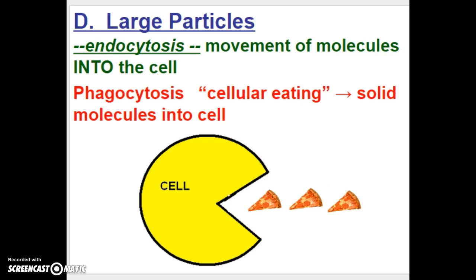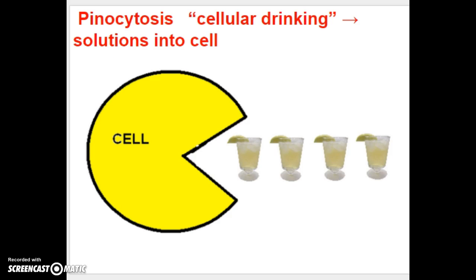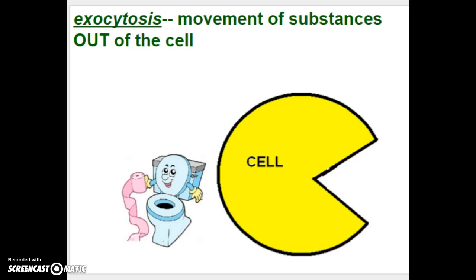Now, to get some larger things in and out of the cell, we can move those in by endocytosis. Endo means inside. A particular type of endocytosis is phagocytosis, which literally translates into cellular eating. So this is solid molecules into the cell. Pinocytosis is cellular drinking. So this is bringing solutions into the cell. And exocytosis is moving cells